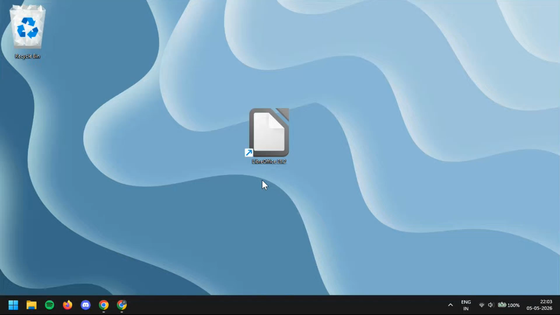If you need to split a table in LibreOffice Writer, this quick tutorial will show you exactly how to do it in just a few clicks. It's a really useful trick when you want to separate one large table into two smaller tables without rebuilding everything from scratch. Whether you're organizing a report, formatting a document, or cleaning up data, this can save you a lot